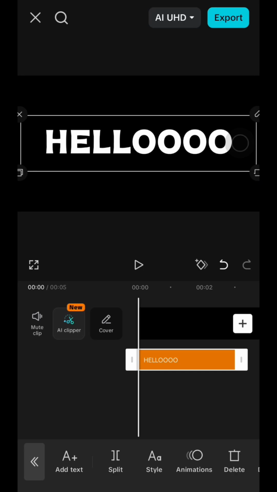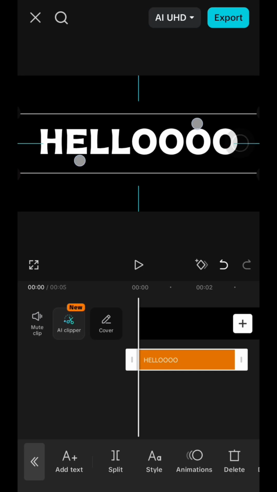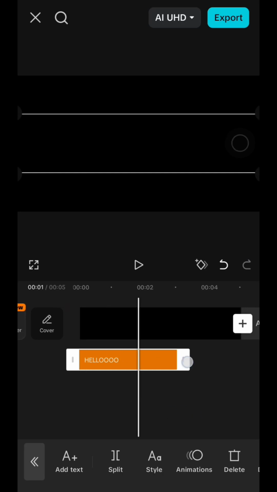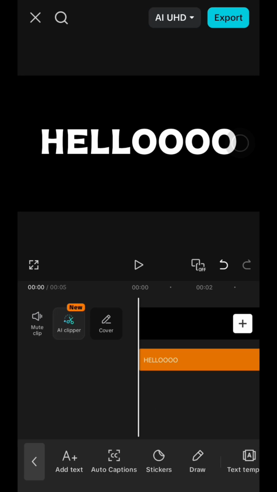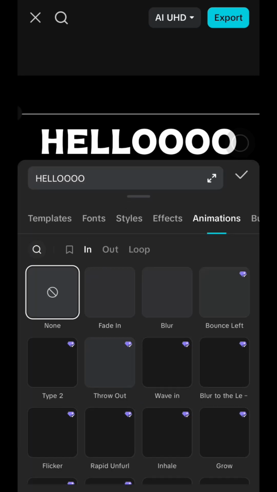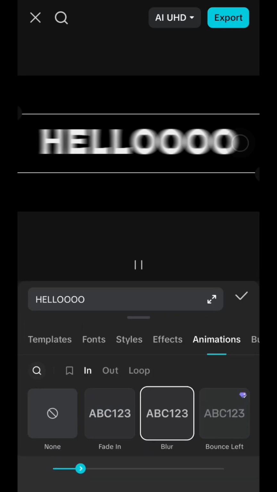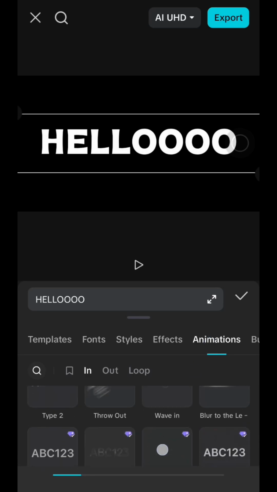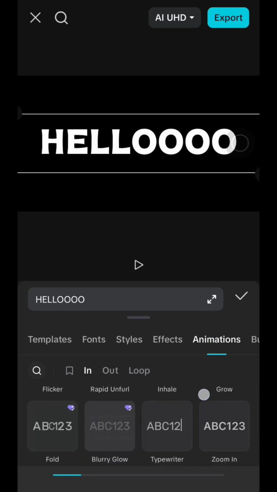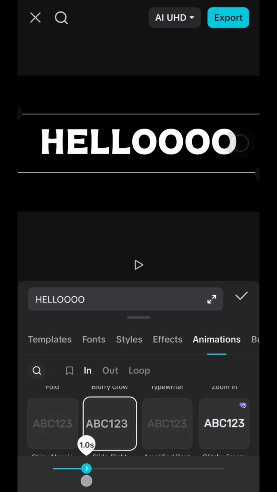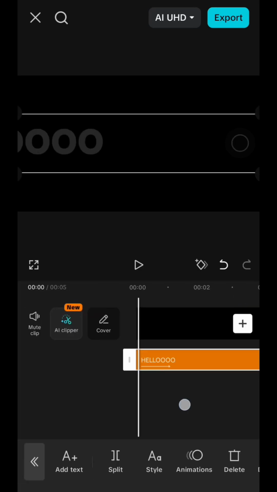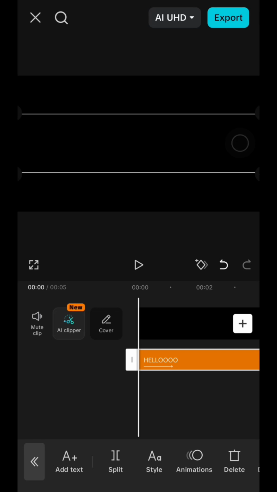And then I will resize it, for example like this. You can also change the color that you like. And then you can also add animations, for example this one. And after that, when you're done customizing the text, just export the video and then go